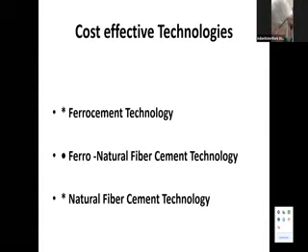This ferrocement technology, this tank I have shown you. Like this, if you have bigger tanks, you can collect a big quantity of water, and then you can use it depending upon your own activity. So these three technologies I will introduce. One is ferrocement technology. This is not commonly used in our engineering because there is no IS code available as of today.